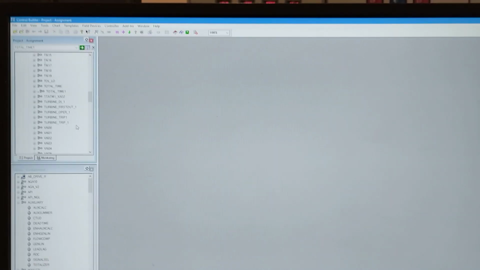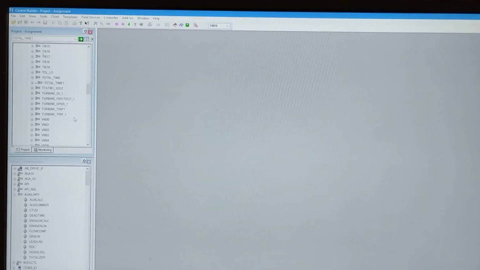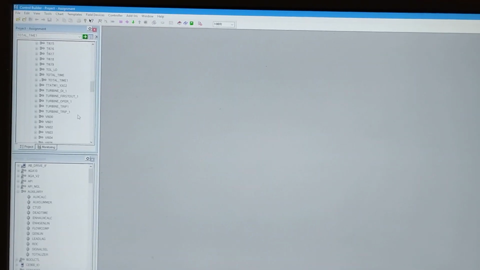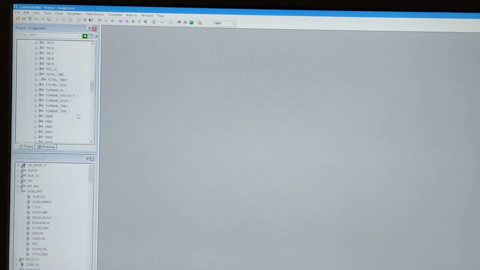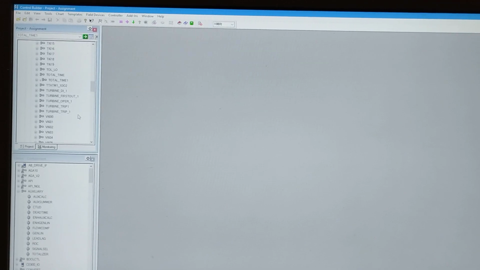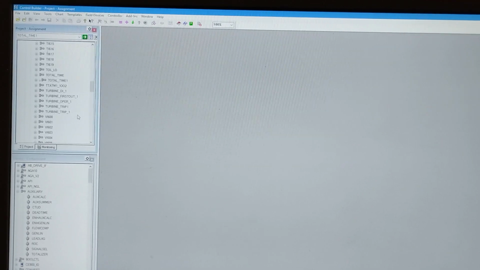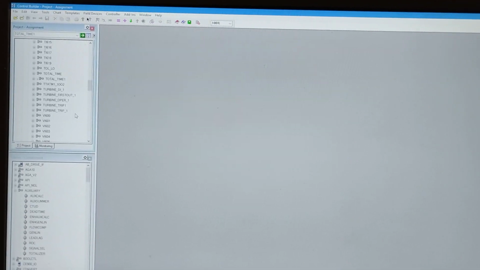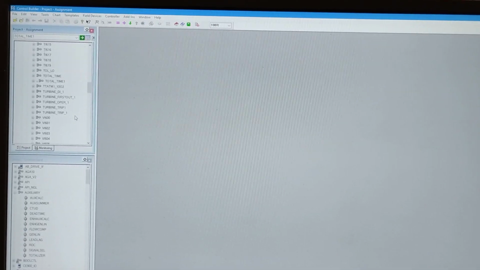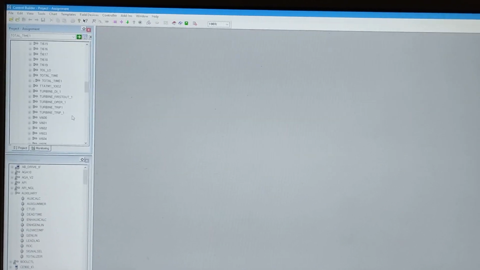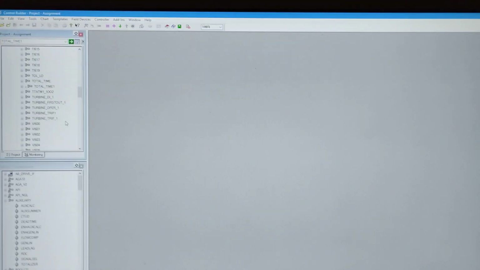We'll see how to assign a controller time in the form of hour, day, year, and how to make a totalizer for an analog value and how to make a totalizer for a shift like shift A, shift B, shift C. Before configuring the totalizer, you have to define the time for the shift, and today we will see how we will define the time. Then we will see how we will define the totalizer.